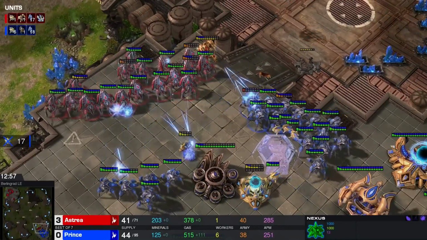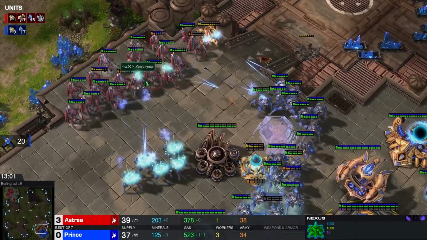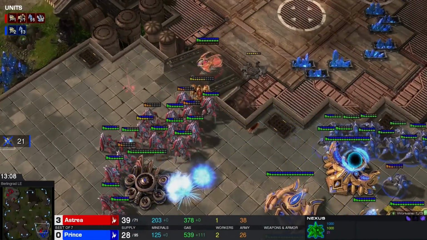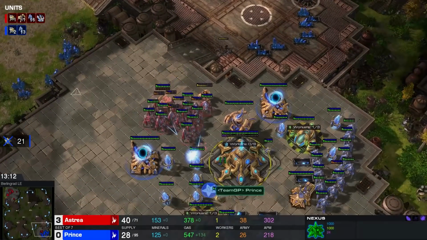17 to 18 Stalkers. Just keep the unit tab open here. Immortal still dishing out a lot of damage. There's no probes left. Oh, Prism is there as well, ready to pick up. I think Prince lost it. No energy for Super Battery. Oh my god, this has to be the sickest and dumbest game that I've seen in my entire...